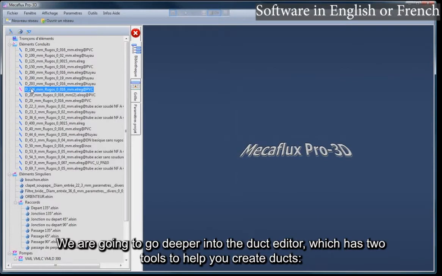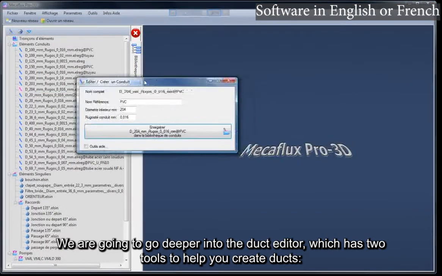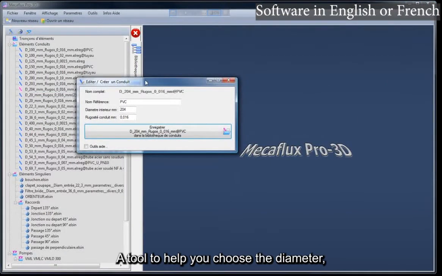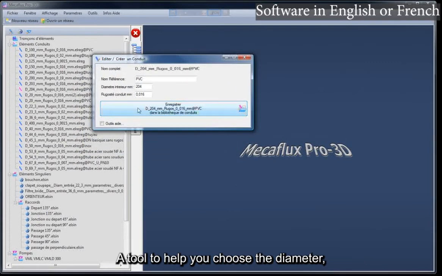We are going to go deeper into the duct editor, which has two tools to help you create ducts. A tool to help you choose the diameter, and a tool to help you choose the roughness.